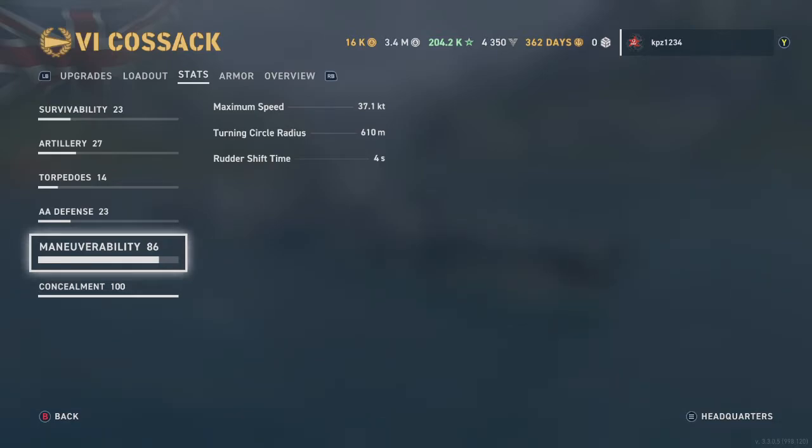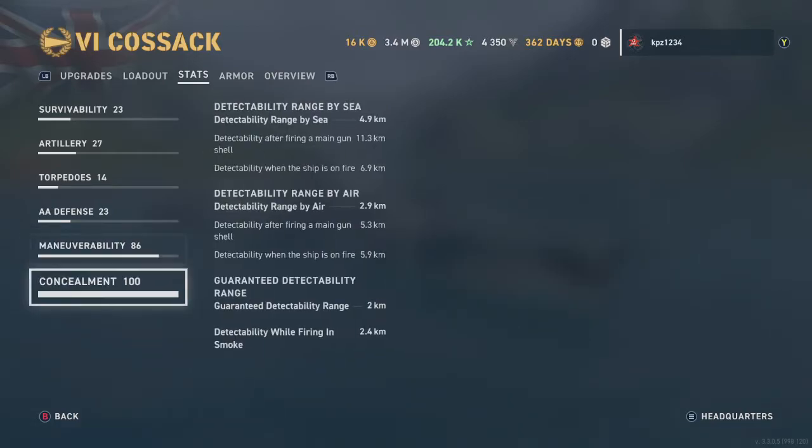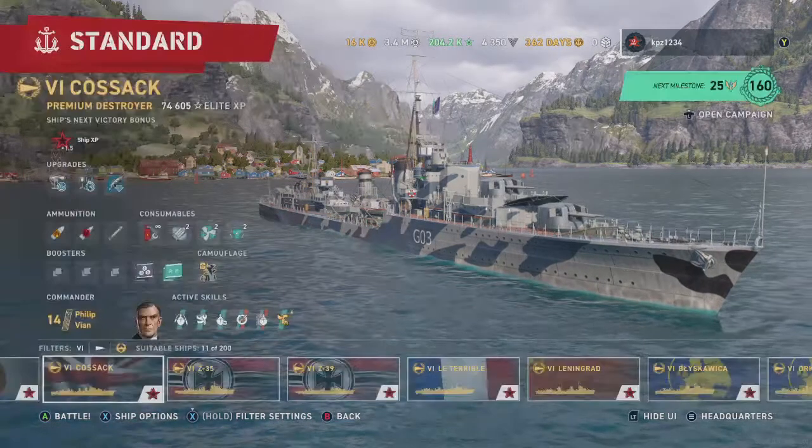Maneuverability, 37.1 knots with that flag we mounted. Turning radius, 610 meters. I think that's pretty fair. Rudder shift, 4 seconds. And keep in mind, our fourth row skill is a 10% penalty to the rudder shift. Taking a look at the concealment, 4.9 kilometers on the surface, 2.9 kilometers from the air, and 2.4 when firing in smoke. So that is the Cossack,